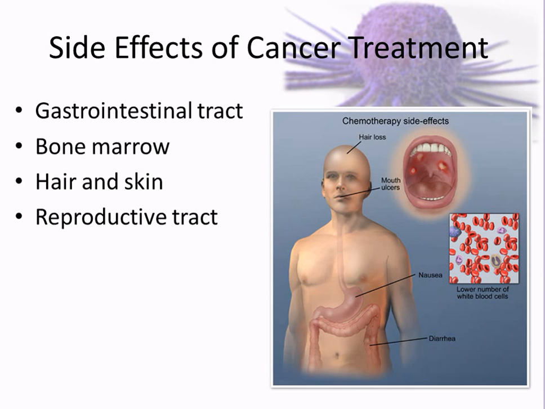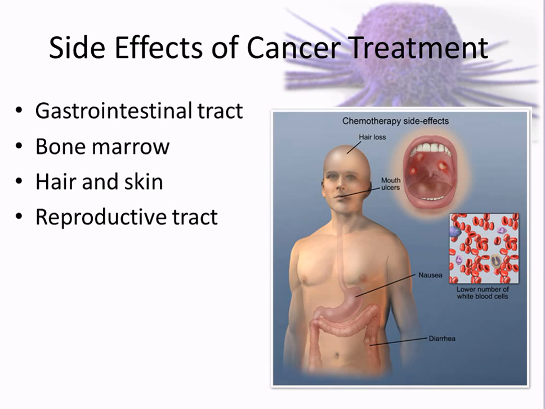Then the reproductive tract. And in the reproductive tract, of course, things like the lining of the uterus are constantly reproducing, getting thicker, thicker, thicker, and then shedding off. Same thing with sperm cells, constantly reproducing. 24 hours a day we're making sperm cells. So if somebody's on a chemotherapeutic agent, what's going to happen to their sperm count? It's going to drop. Yeah, they can't keep reproducing those cells. It's turning down anything that's rapidly replicating.